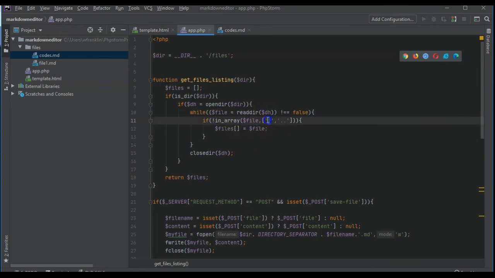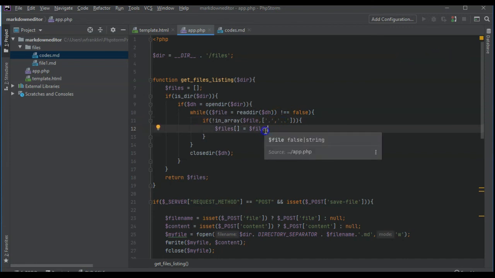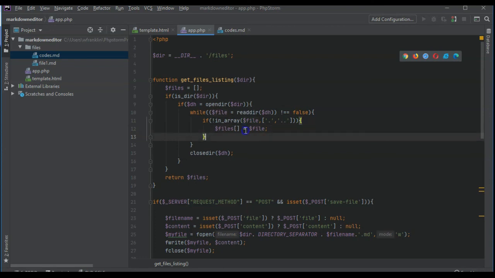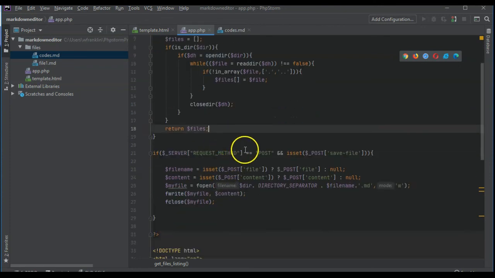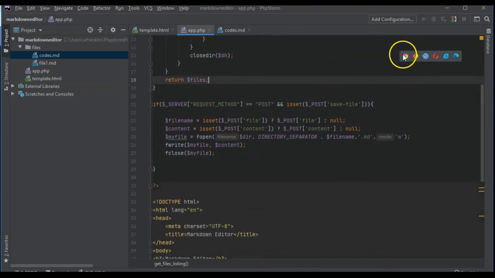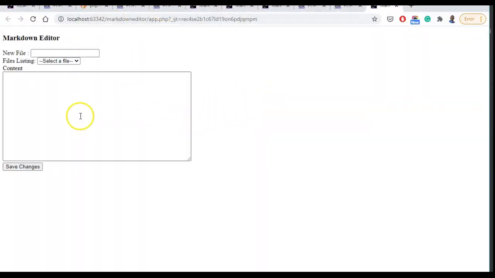Often you'll get dot and dot dot, which represents, what do you call it? I can't remember what you call it, but it represents like subdirectories, and we don't want those to be listed, so we use in array to exclude them. Close the dir, and then we return the files. Alright, so our next